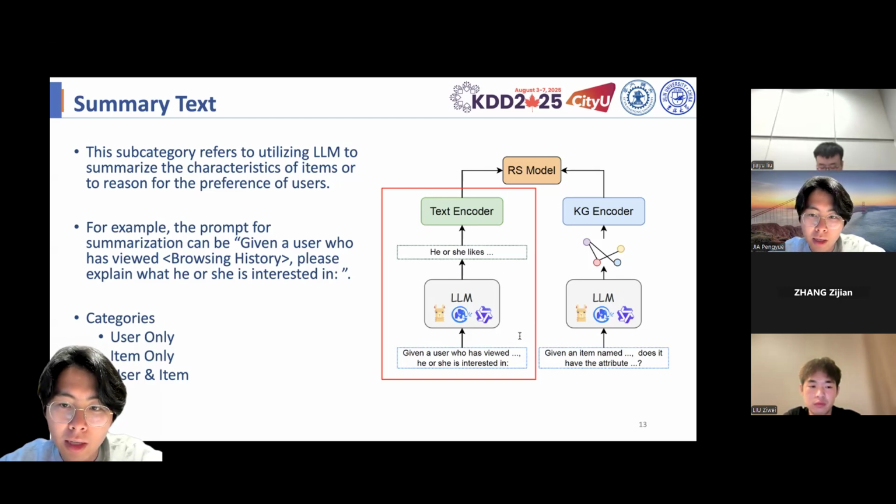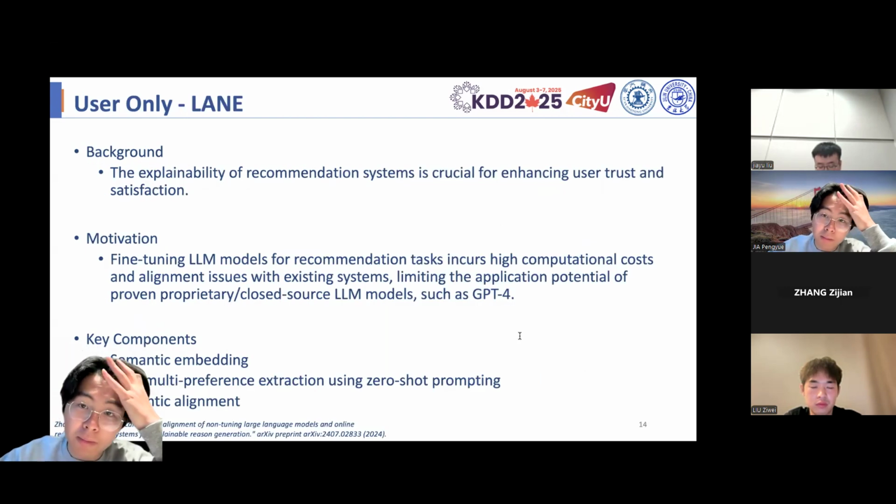We further categorize summary text enhancement into three types based on what is summarized. The first one is user only, such as inferring multifaceted preferences from browsing behavior. The second is item only, such as generating detailed product or category descriptions. And the third one is user and item, the combination. And the first paper